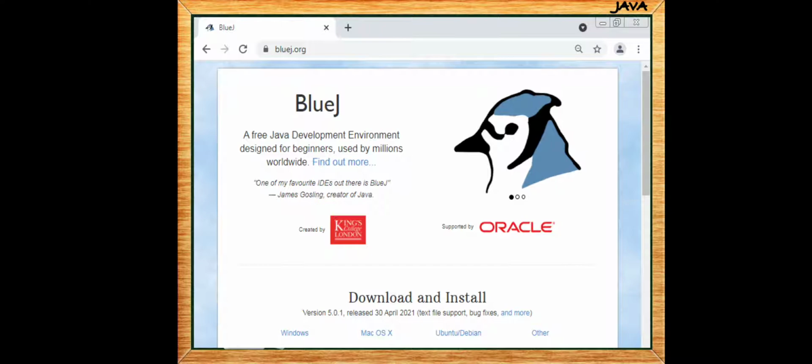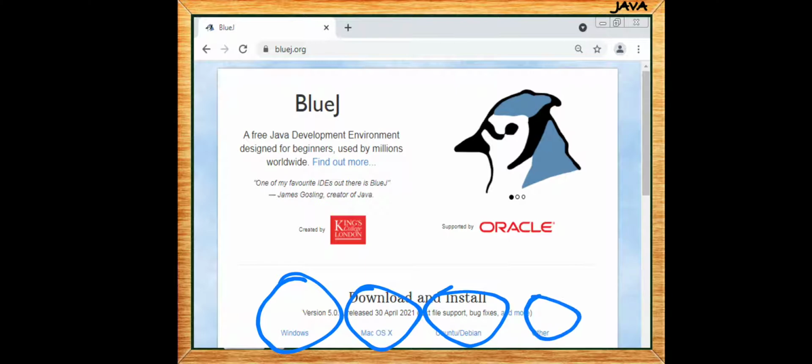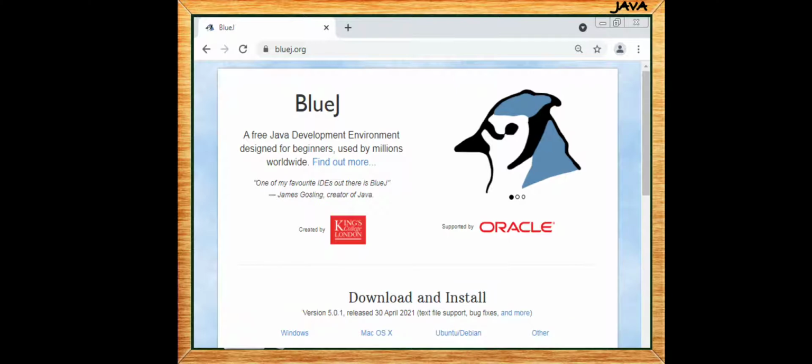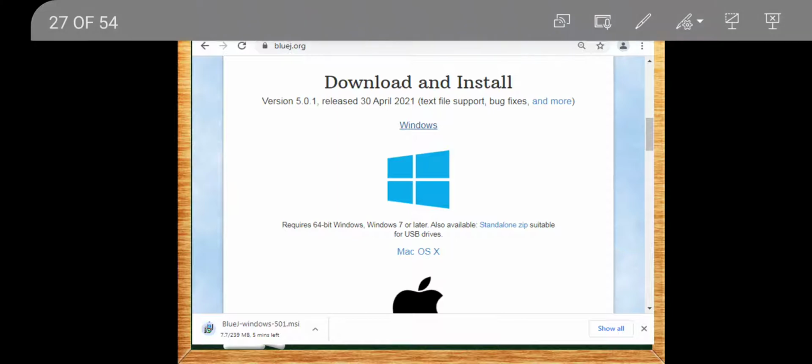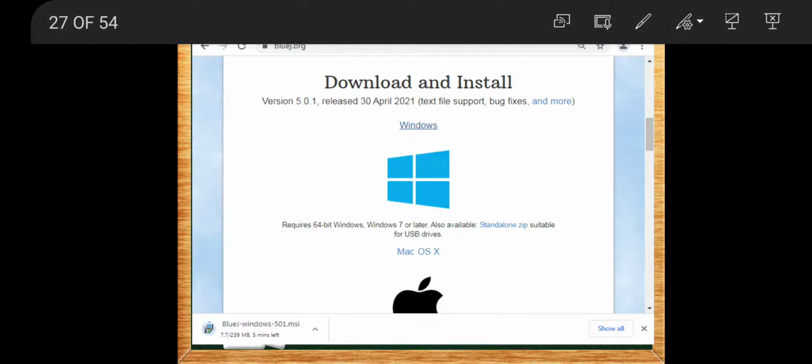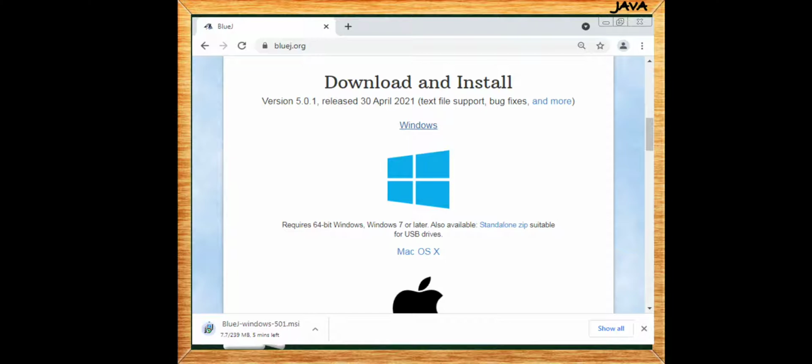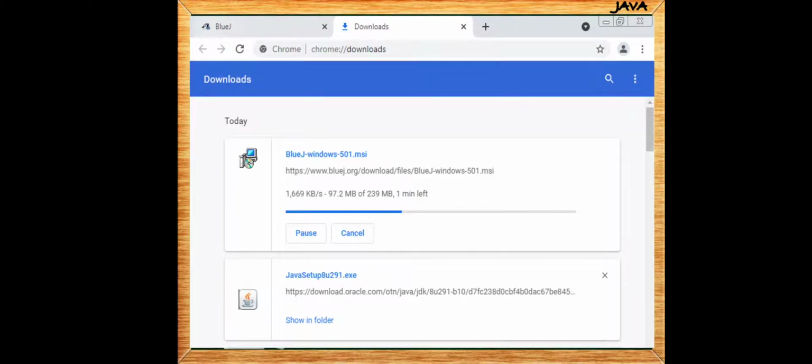Now you will see that once you click on BlueJ, the screen will open and we have to select the different BlueJ versions for different operating systems. So we will have to select it for Windows. Here we will get the Windows edition. Once we select Windows, then it will save the software,